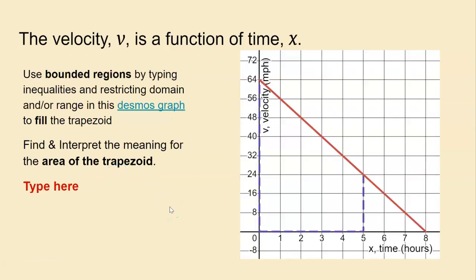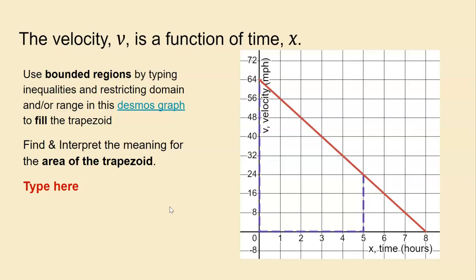And then here they're going to create bounded regions. This was the most challenging because they're going to try to get that shaded in. This one's pretty easy. I think they only need 2 inequalities to do this one. So compared to the ones they were doing in their last assignment, hopefully this one doesn't take them as long to figure out. I did give them a link out so they can click and just use this graph and just type those inequalities in and try to fill in the rectangle. And we don't want it to spill over at all. We want to bound the domains or restrict the domains and the ranges to keep that shading inside that